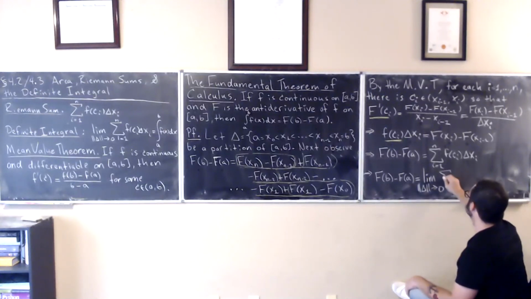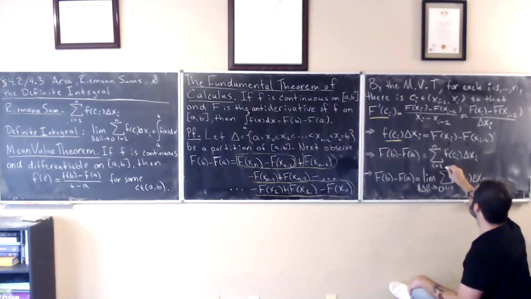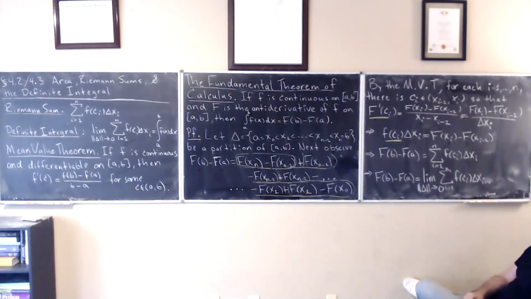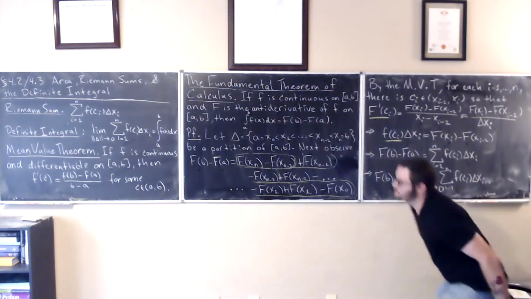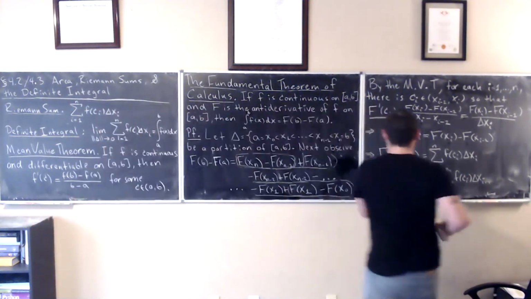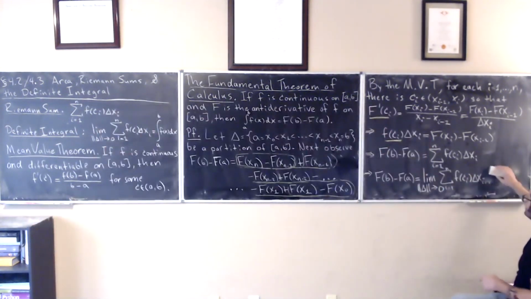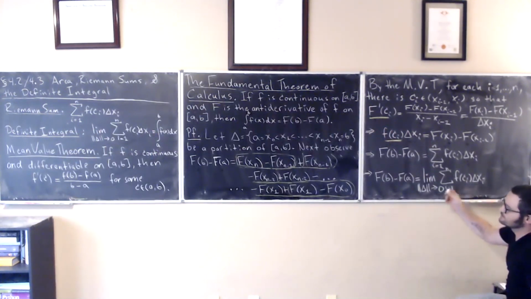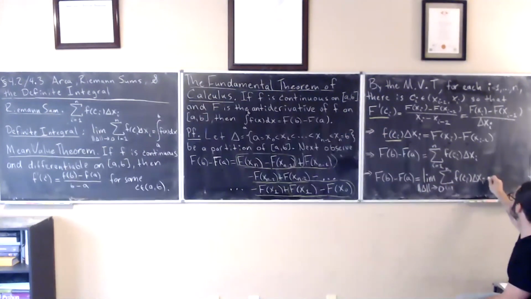So this sum, again from i equals 1 to n. Okay. And this constant is going to equal that. Which, if this converges, which it will here,